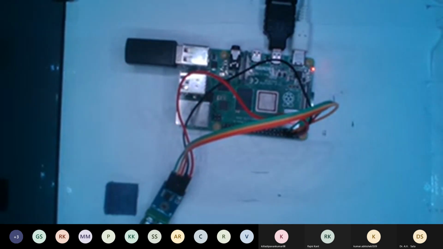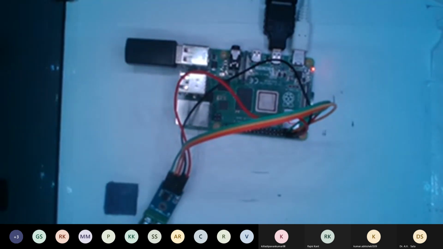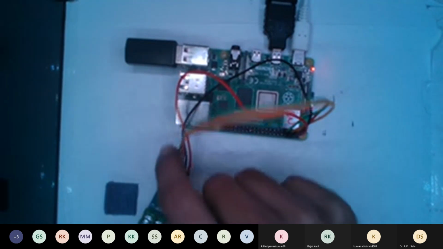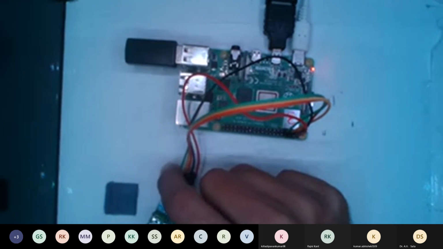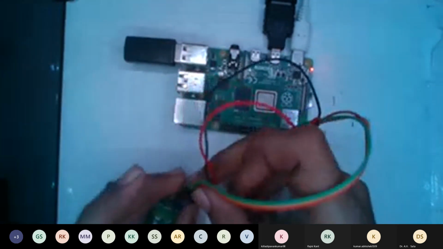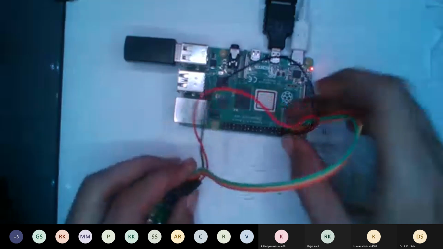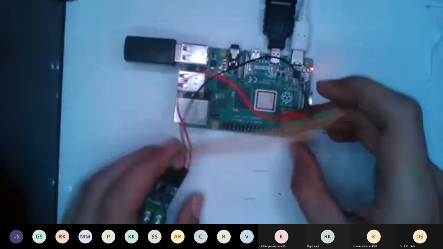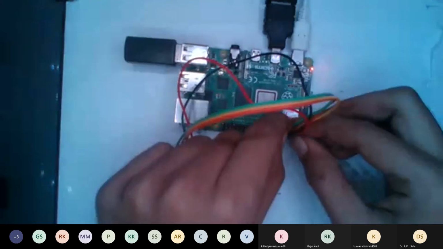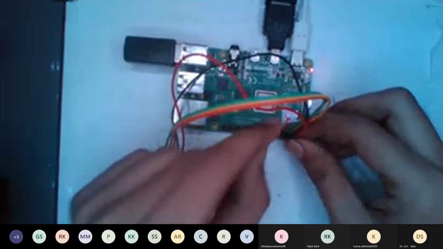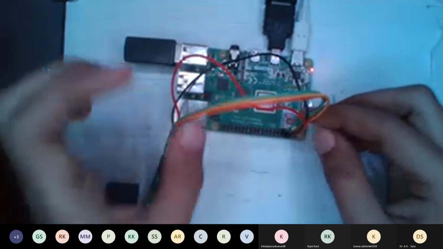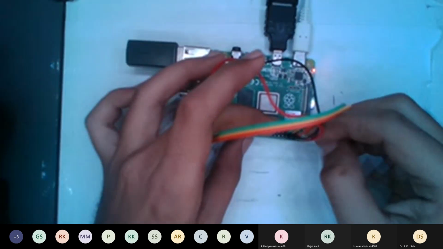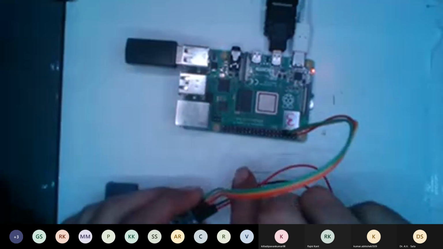The SO pin is connected to pin number 4. Just remove the connection.